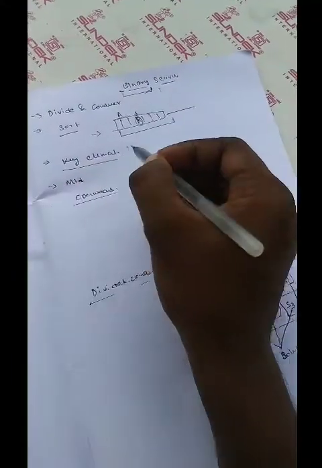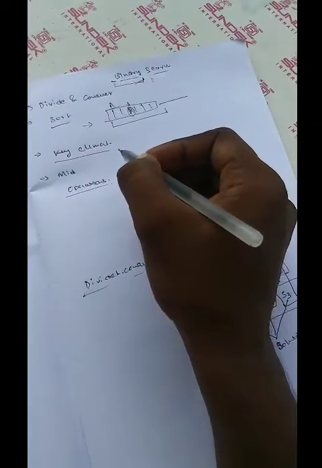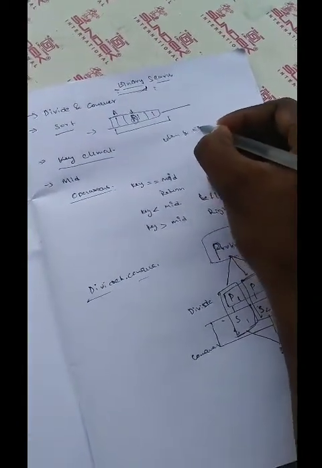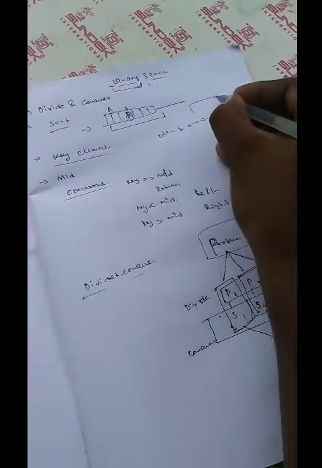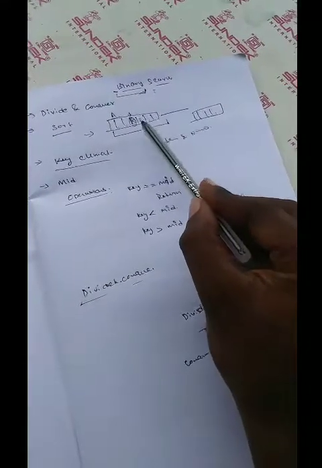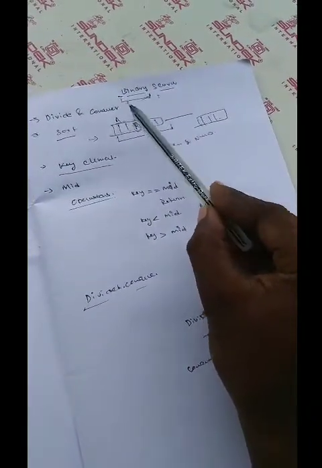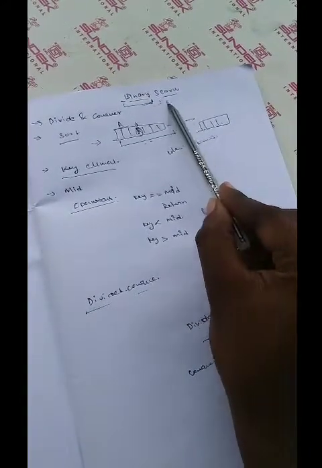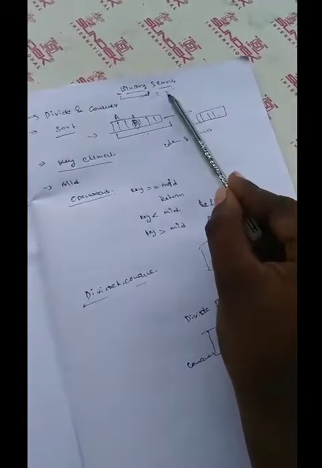The next thing is the key element. The key element is the element or number we want to search for in the given array. And to apply the divide and conquer method to find the desired key in the array by applying binary search, we must calculate the middle of the elements.